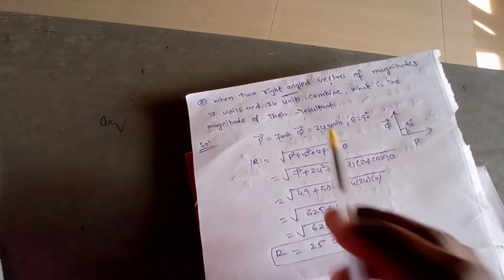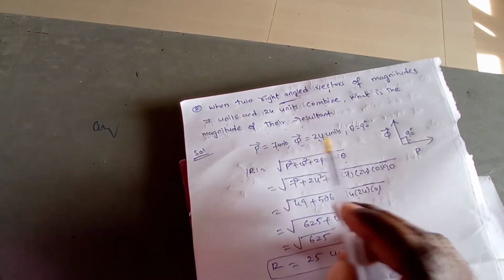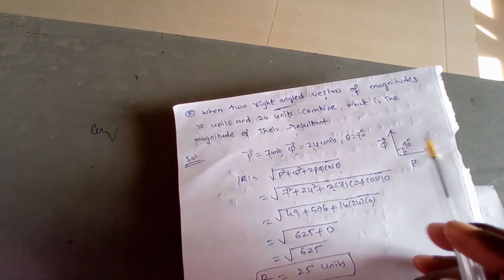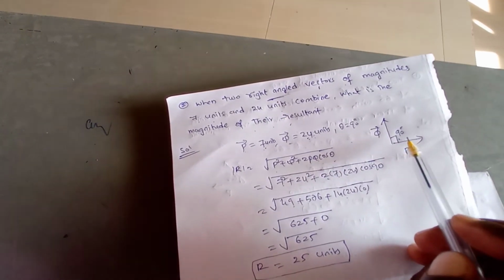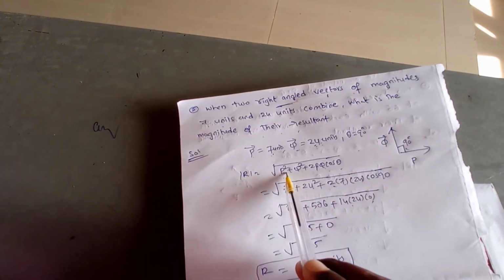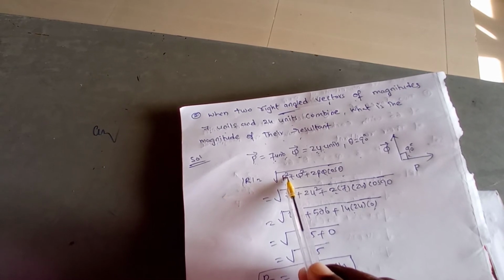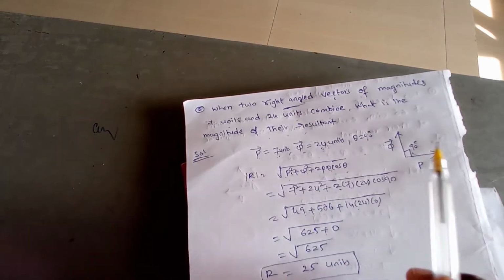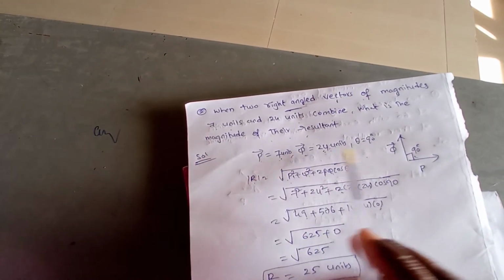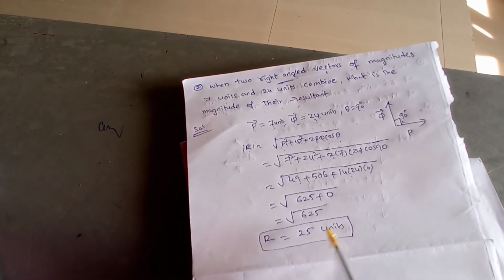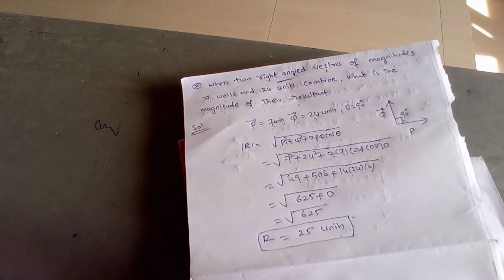Okay, these are the two vectors. P is equal to 7 units, Q is equal to 24 units. These two vectors are perpendicular to each other. Right angles means perpendicular. Then what is the magnitude of resultant? This is the formula to find magnitude of resultant: R equal to under root of p square plus q square plus 2pq cos theta. If we substitute p, q, theta values in this equation, we get magnitude of resultant, that is 25 units. Okay, next problem is,